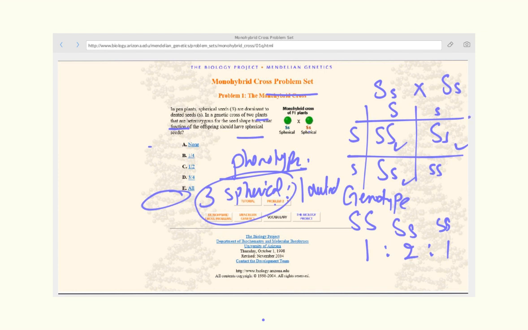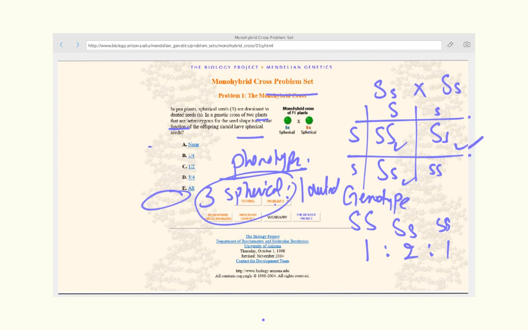You know, the alleles will segregate in gametes. So this will be the distribution of alleles in gametes. And here is the result of the crossing. You can see that the genotype ratio will be capital S capital S, capital S small s, and small s small s. This ratio, the genotype ratio, is 1 to 2 to 1. While the phenotype ratio,